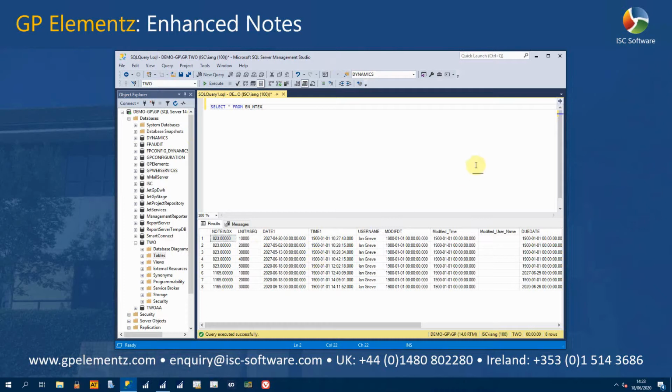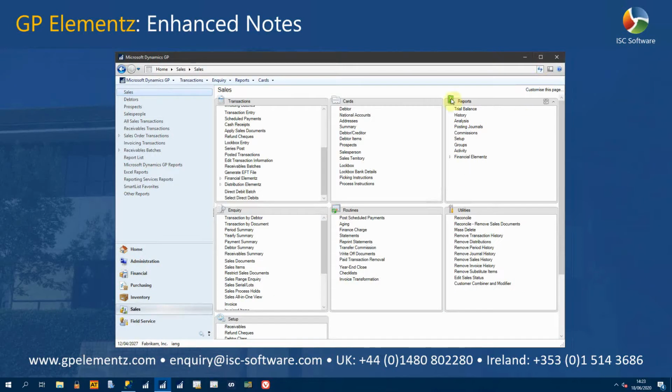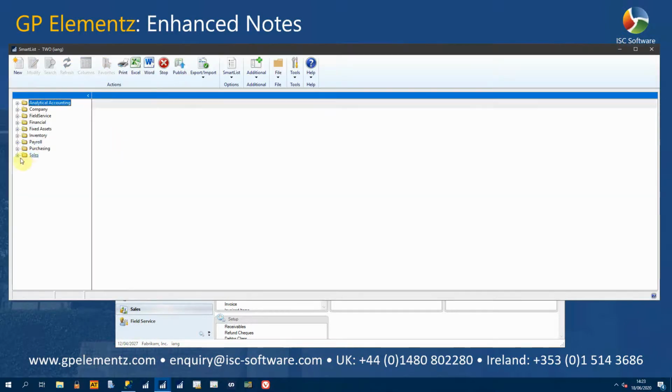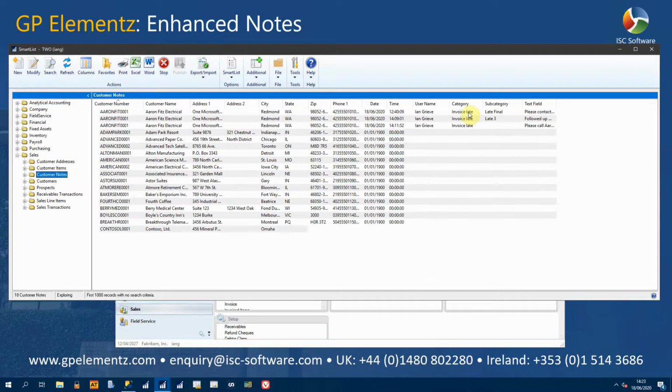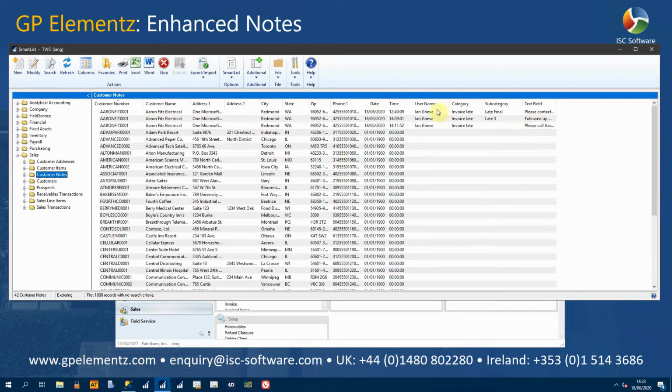This means the data is available for reporting in any of the standard reporting tools. So for example, I've created a Smart List on the system, which is available under Sales for Customer Notes. In here we see the standard customer information and then the enhanced notes which exist against that customer record. In my case, this was created using Smart List Builder, but Smart List Designer could be used,